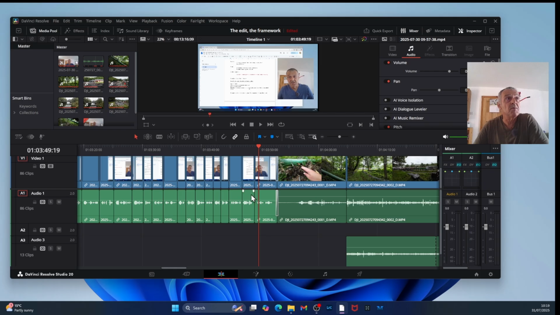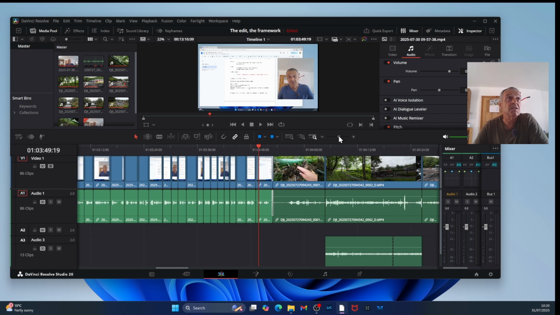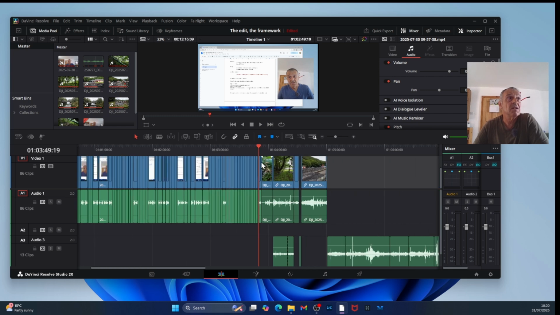This is from OBS. This is from a DJI action camera. And if we squash up a bit more, the audio underneath is from a Zoom F3 and Clippies. Now let's have a quick look at these.